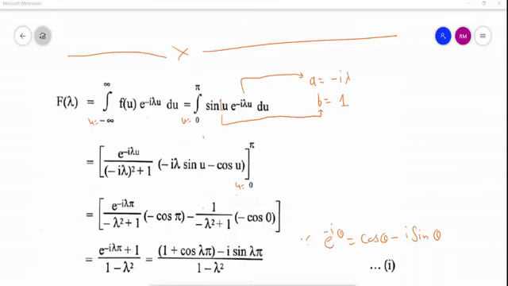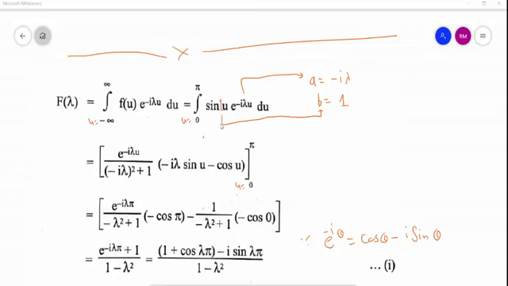So note that f of lambda, meaning the Fourier transform of function f of x, is given this way. Here note that this is a function of lambda, because we have given integration with respect to du. These are the limits of u varying from minus infinity to infinity. So here a function of lambda will always be our answer. That's why that function is called the Fourier transform.